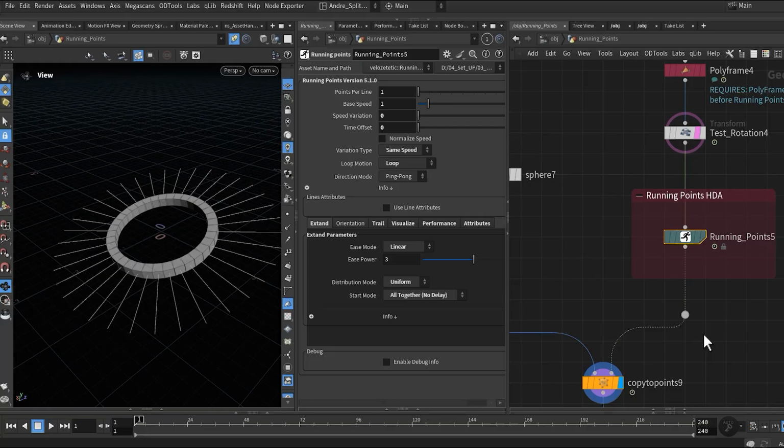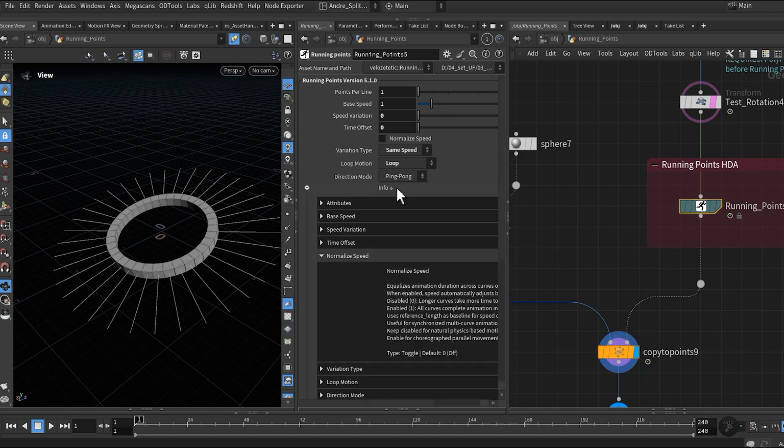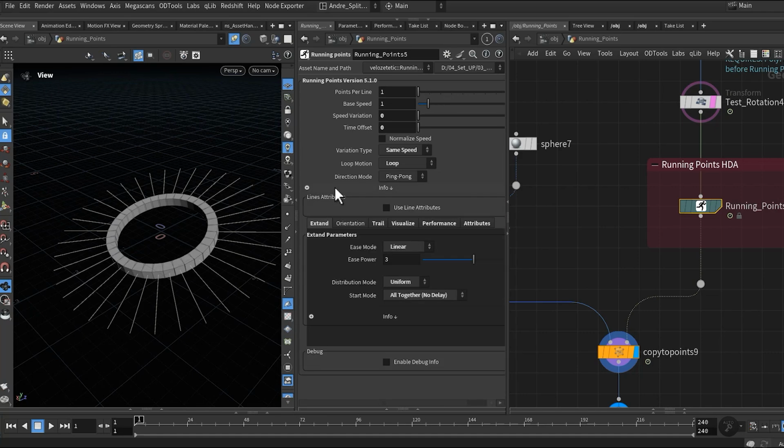You also get full control over how they orient along the curve. You can also pick from several visualization methods and later use them for rendering. Each parameter has a short explanation, so it's easy to follow along.